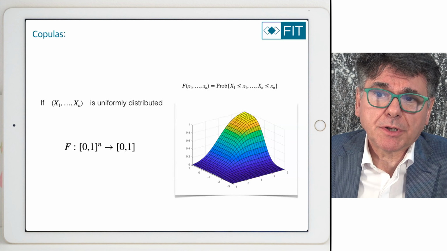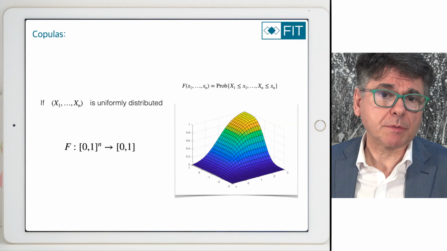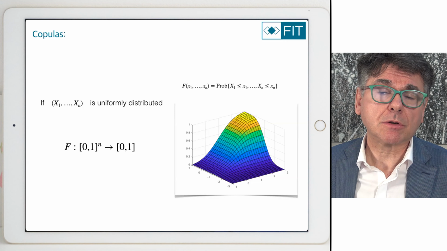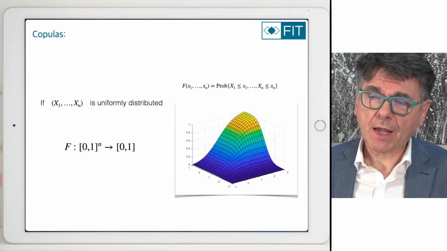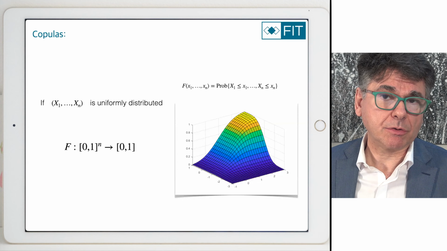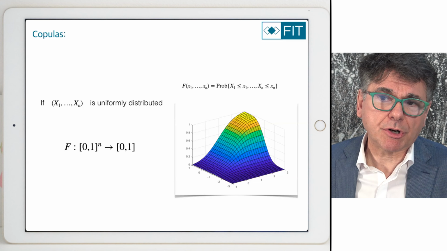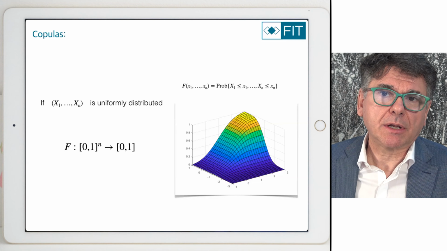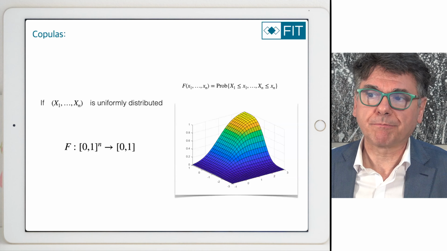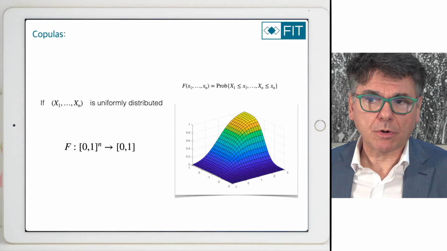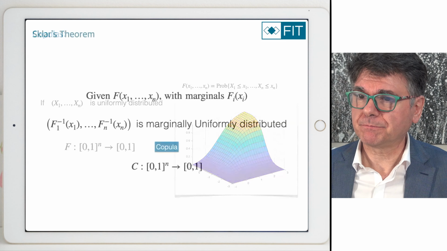If my distribution is uniformly distributed, then my values are between 0 and 1. So this is a map that goes from the unit cube into the unit interval in the case of uniform distributions. In the case of Gaussian distributions, it will be a map that goes from the real line into the unit interval. And if you pick any other distribution, non-Gaussian, with any dependent structure, it will also be a map between the n-dimensional Euclidean space and the unit interval 0, 1. So that's how cumulative distribution functions work in high dimensions.